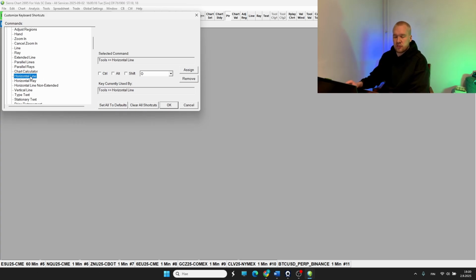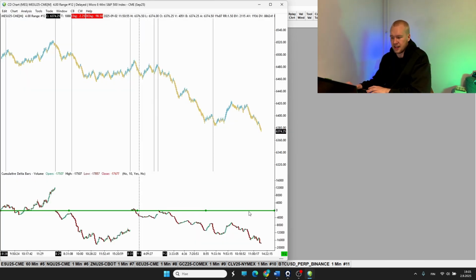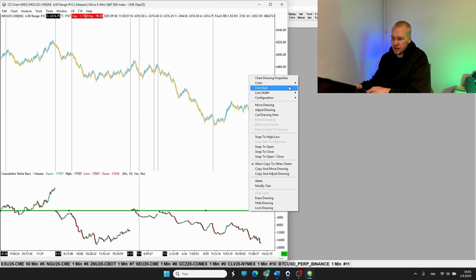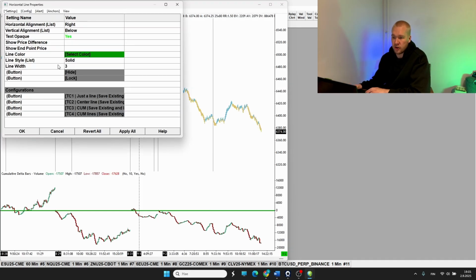So the horizontal line, and you just want to put it to your own letter or key or whatever so that you can use it. And now that you have your line here, you want to right click and then come to the chart drawing properties, and here you can customize the way you make the line. So you'll want to have the end point price, and it needs to be